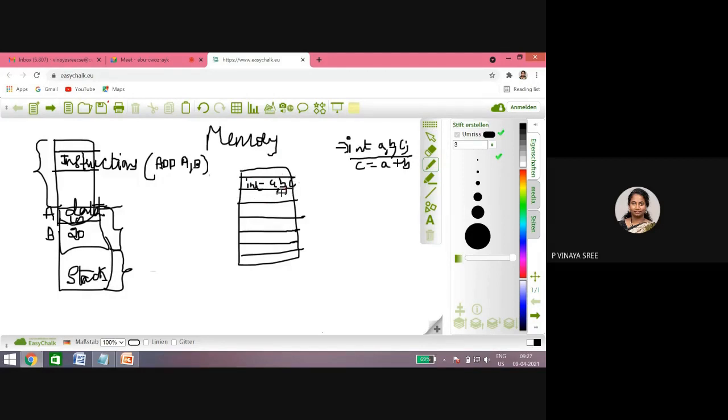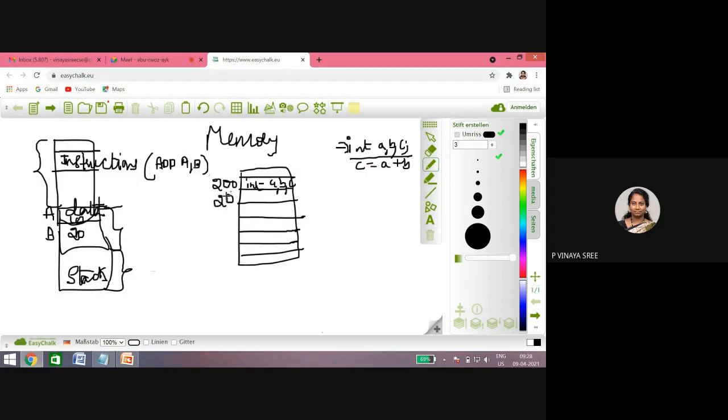In which location it is located, we need to specify an address. Like we are staying in some locations, right? If you say where do you stay, you will say I stay in Uppal, or in Anandbagh, like that. In the same way, if a processor wants to execute this instruction, it has to get an address. Let us consider the address is 200.